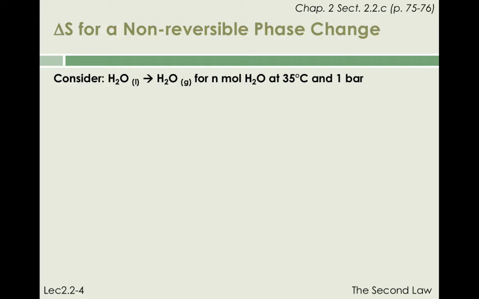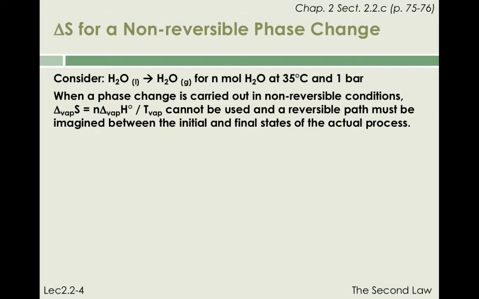Let us now calculate delta S, the change in entropy for the system, under conditions that are non-reversible. For instance, let us consider the vaporization of water liquid at 35 degrees Celsius and 1 bar. Vaporization of water liquid at 1 bar is only reversible at 100 degrees Celsius. When a phase change occurs in non-reversible conditions, one cannot use the equation delta S equals n delta H standard